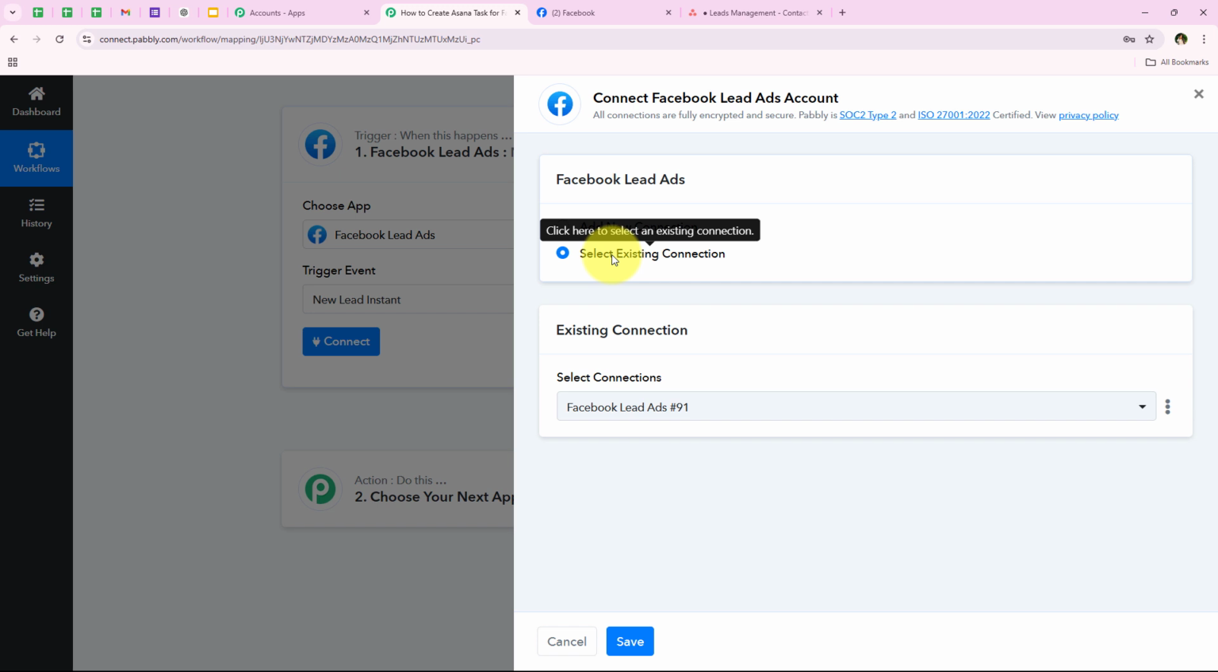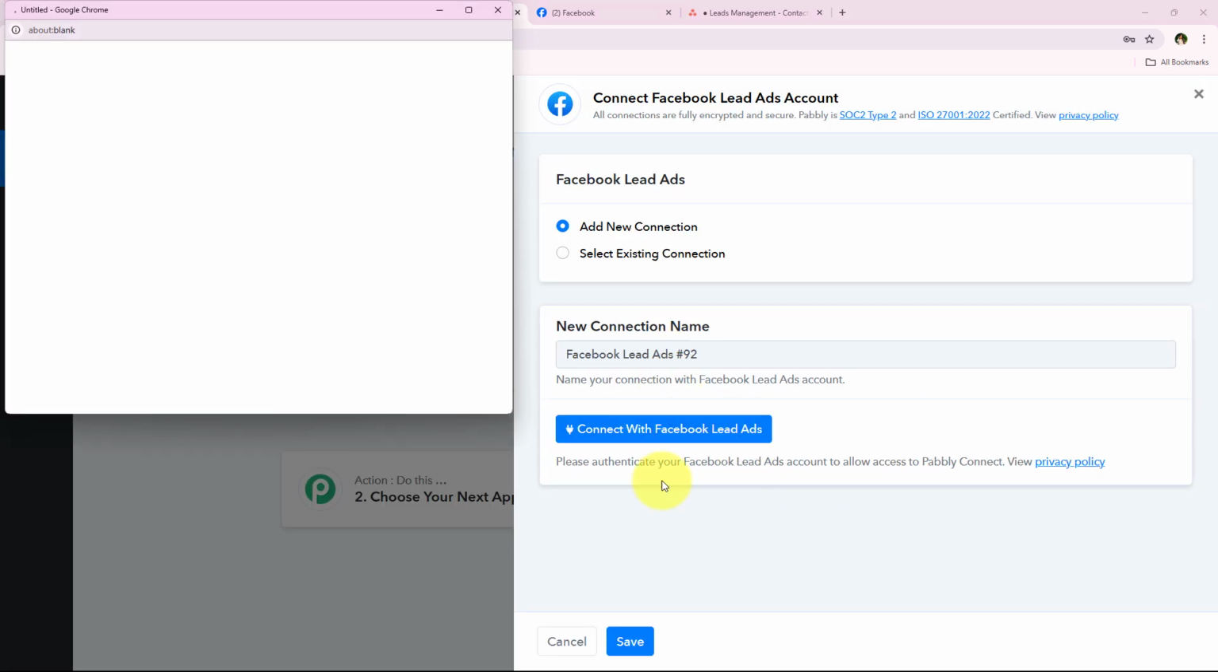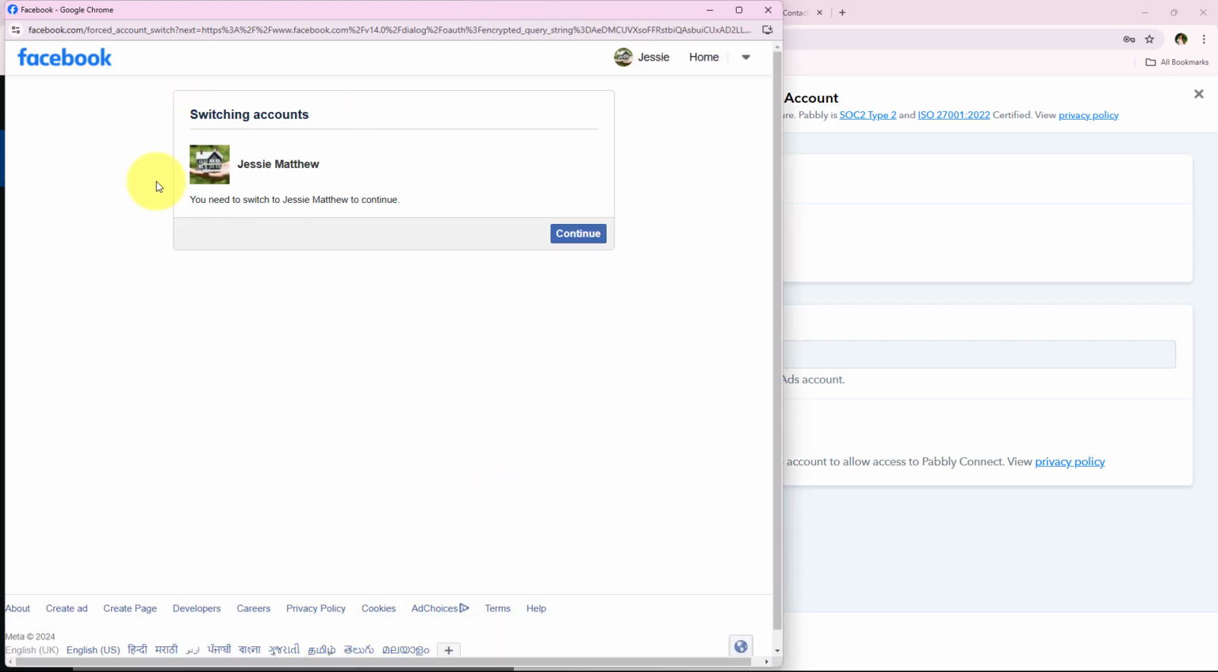So if you have already connected your Facebook Lead Ads account with your Pabbly workflow, you can click on Select Existing Connection and then Save. But if you haven't, you have to follow me. Click on Add a New Connection and then we have to click on this button which says Connect with Facebook Lead Ads. And as soon as we click on this button over here, you can see that